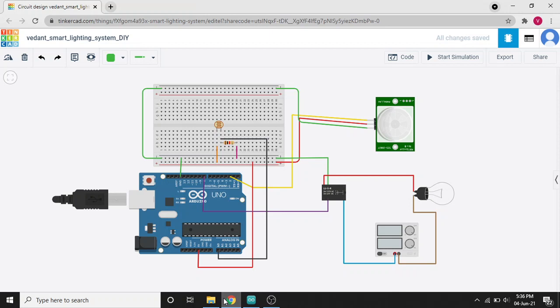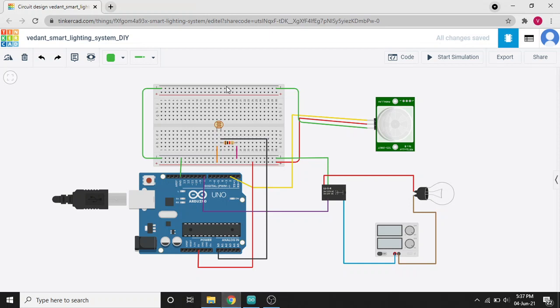For my DIY project 2, I have made a smart lighting system which could be used in our houses as well, and with some minor modifications could be used to control street lights for getting maximum efficiency and minimum energy losses. First I will explain all the components I have used and the wiring I have done. Then we will move on to the code, and at the end we will see the simulation.